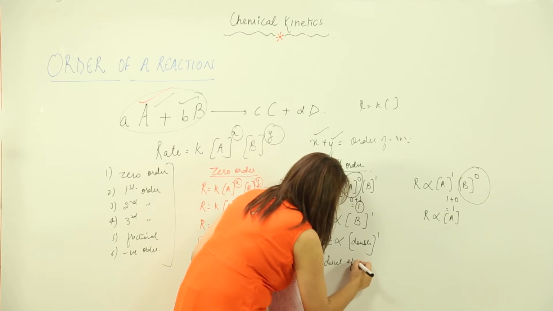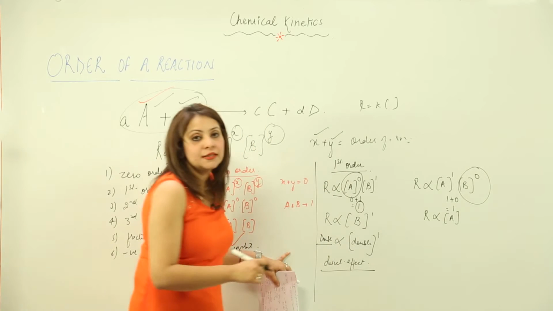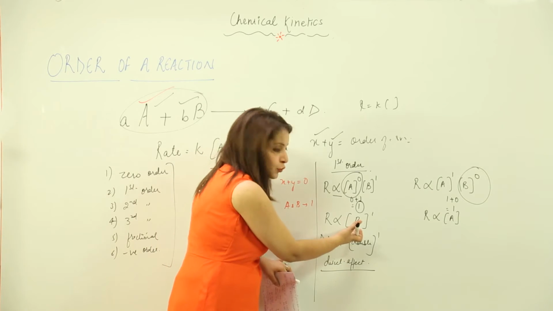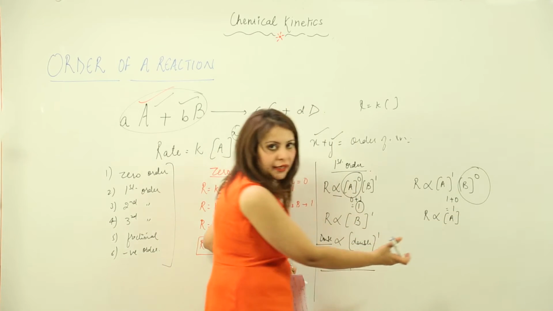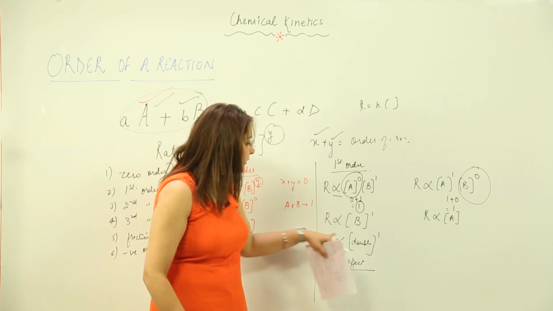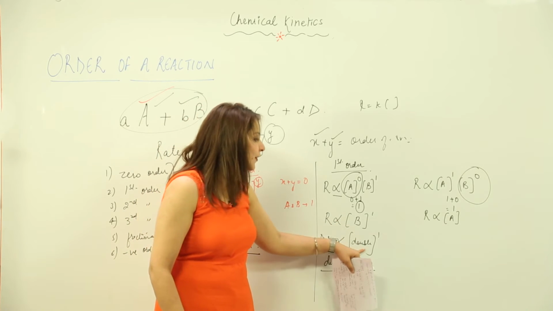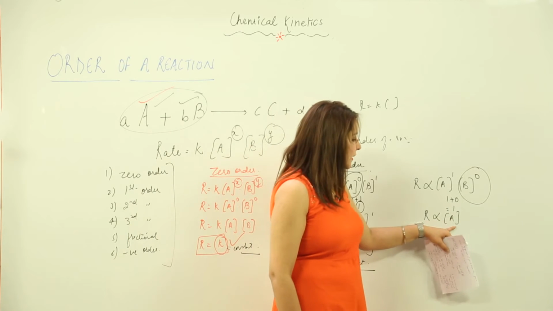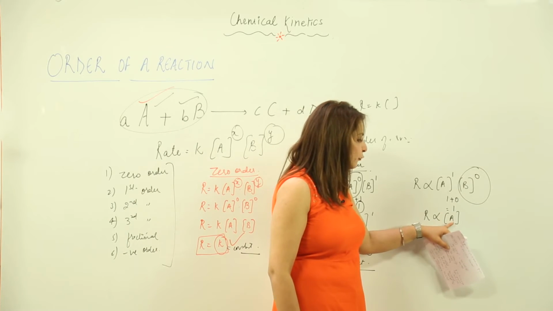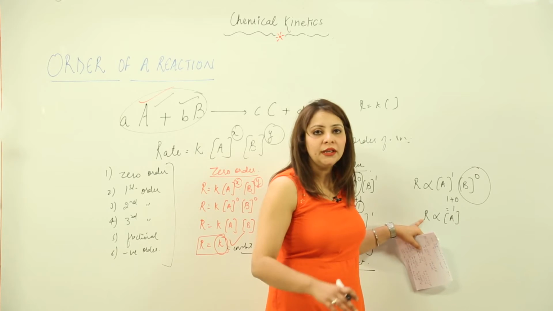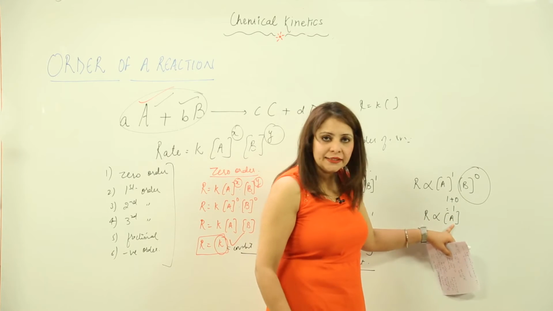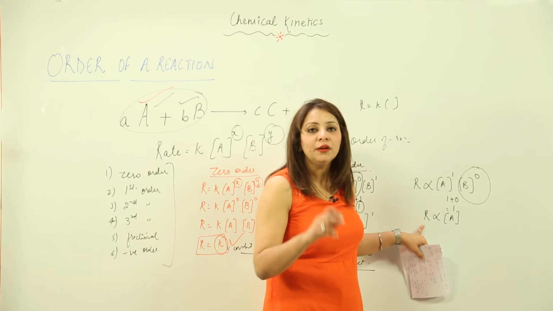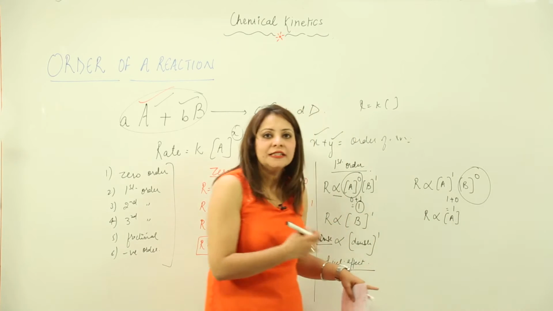We say that in first order reaction, the rate is directly affected by the change in the concentration of any one of the reactants, as we took B here and A in this one. So if I double it, the rate is going to be double. If I halve the concentration of B, the rate is going to be half. Similarly, if I make the concentration of A 4 times, obviously the rate is going to increase by 4 times. If I decrease it by 4 times, making it 1 by 4, the rate is going to be 1 by 4. So it has a direct effect.